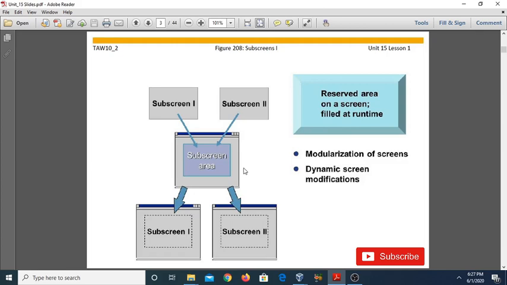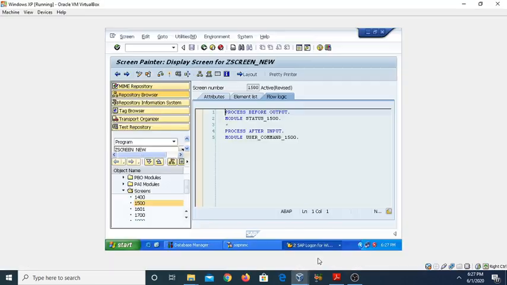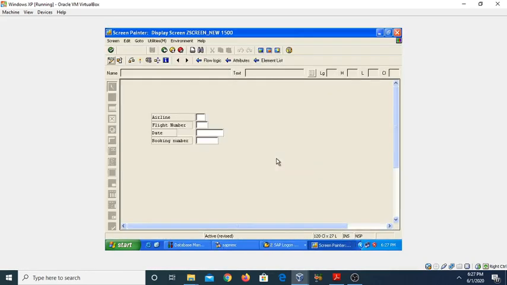The process of creating a subscreen onto a subscreen area, I am going to show you practically. Just open the program in which you want to create a subscreen area. Open the particular screen, the main screen. Now go to the layout of the screen.